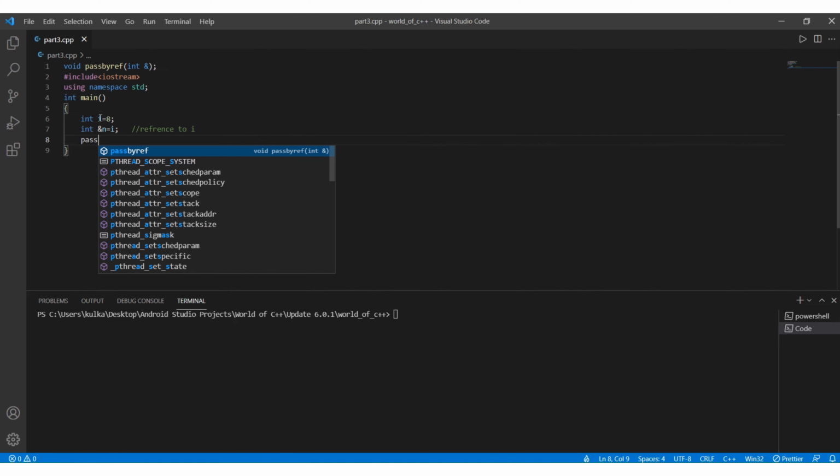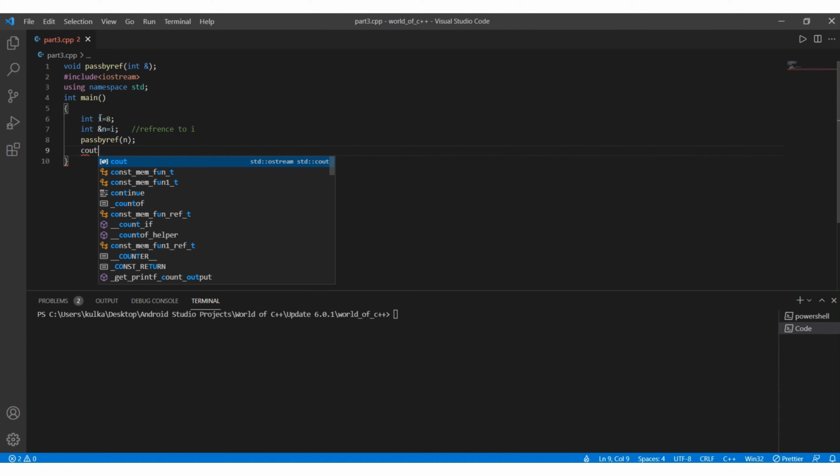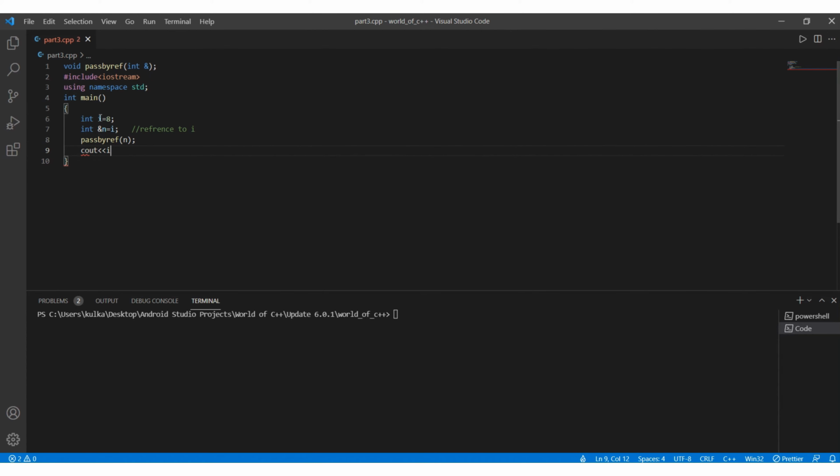Then I will call the function passByRef, and here I will write n as the argument, cout i, and then the function definition void passByRef int ampersand i.